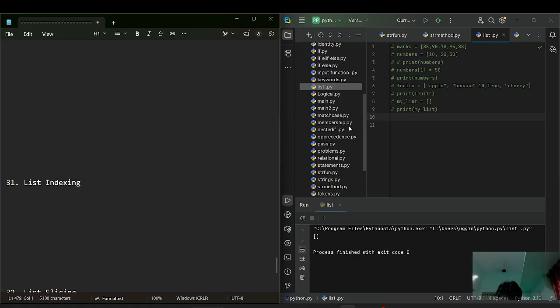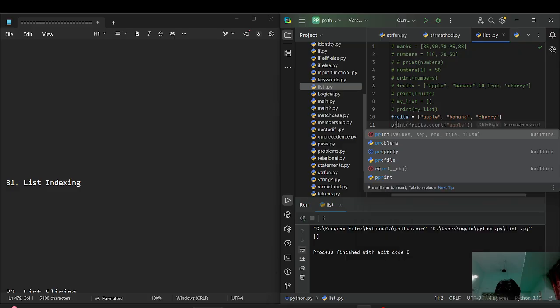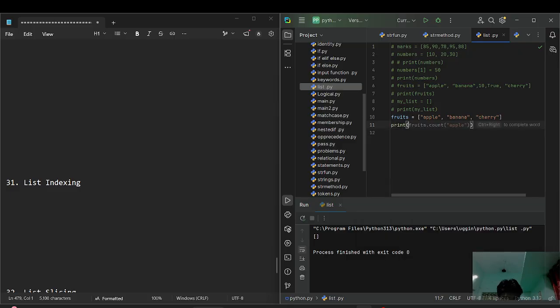List indexing is the process of accessing individual elements of a list using their position. Every element in a list has its own index number. Python starts indexing from 0, as we have discussed in the previous lectures. So let's start with a simple example. Let's take this example. If I want to print the first element of the list of fruits,